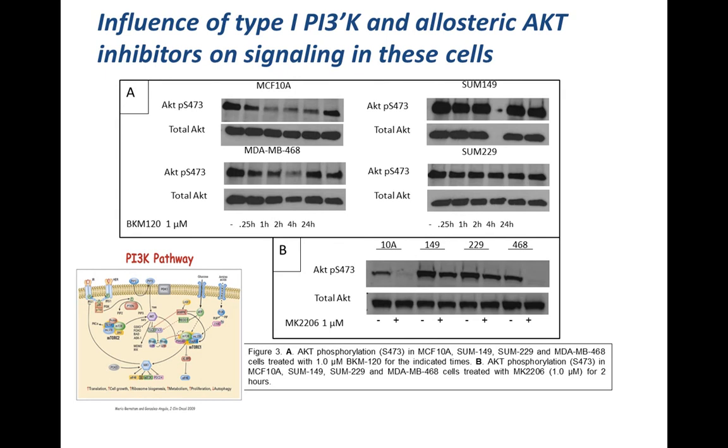So we said, okay, well, let's just cut to the chase. Let's attack AKT itself. As I said, we've got a drug that turns this off. It's called MK2206. And just as you'd expect in the MCF10A cells, you give the drug, AKT phosphorylation goes away. The 468 cells, you give the drug, AKT phosphorylation goes away. By now, you get the point of the story. Nothing really happens in the 149 and 229 cells, the amphiregulin-expressing basal breast cancer cells. This was really a head scratcher, because now we've attacked directly the target of all of this with, again, a really good drug, at least as we thought, and nothing much happened.